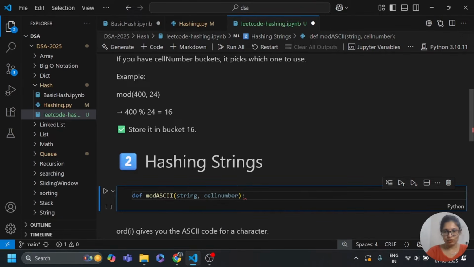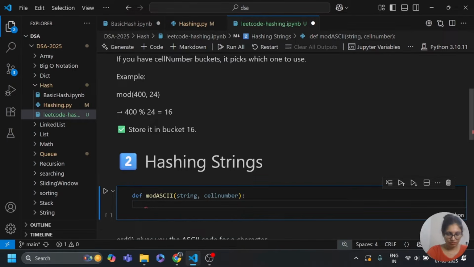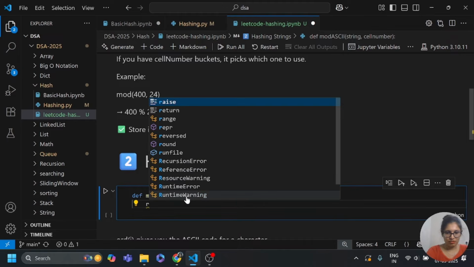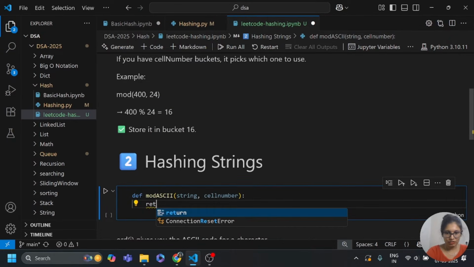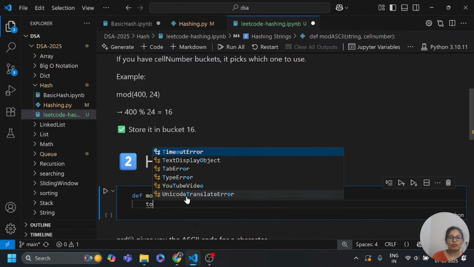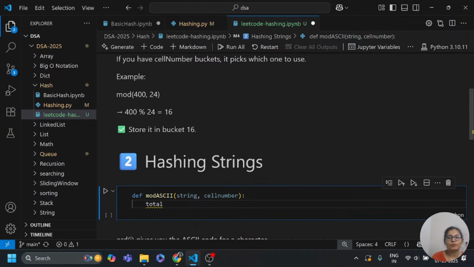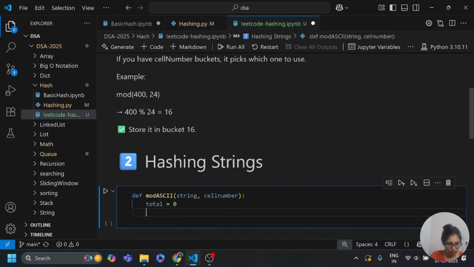After that I need to apply colon. Now I need to return number, string, and cell number. Okay, here I need to define total equals to 0. So initially we have total equals to 0.